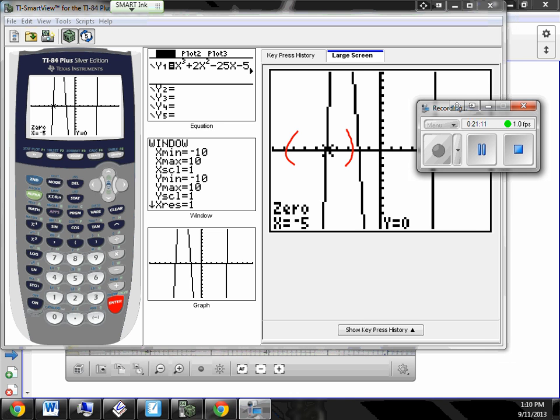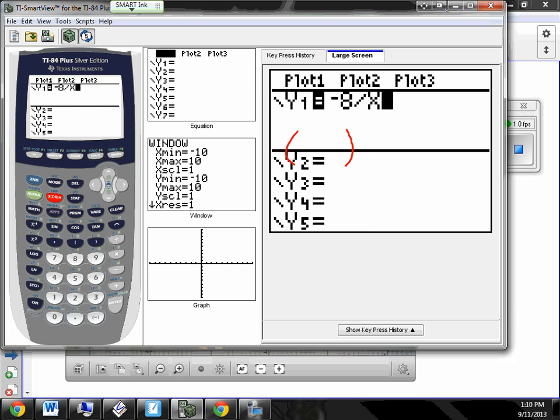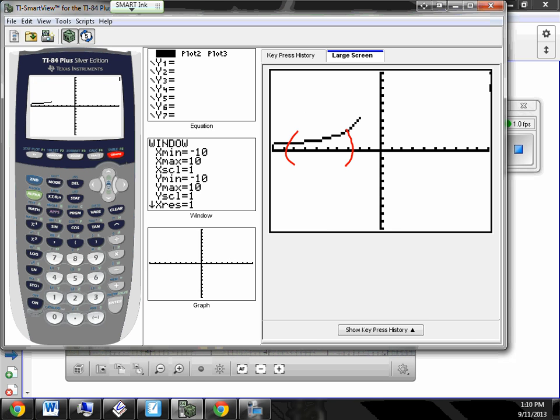Number 6 says -8 divided by x. Well, I can't tell from the equation what the y-intercept is going to be, but I can plug in 0. So I plug in 0 and I get, what's the answer? When x equals 0, y equals